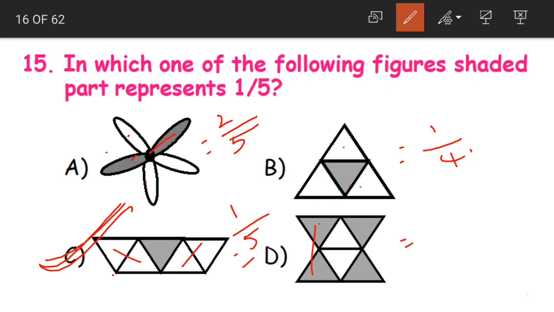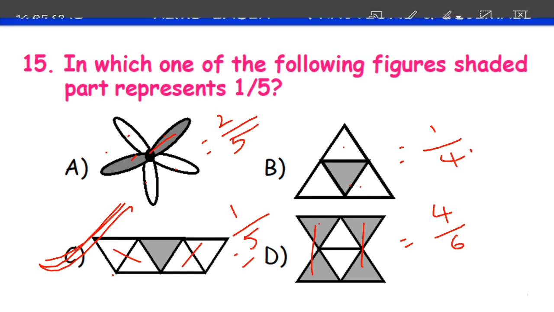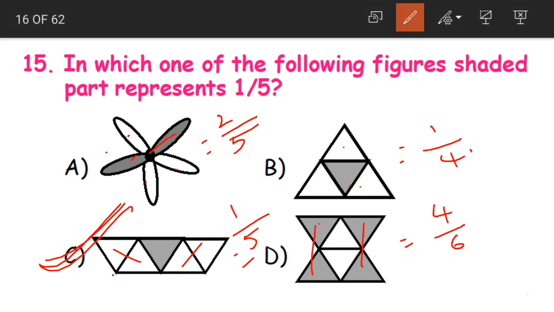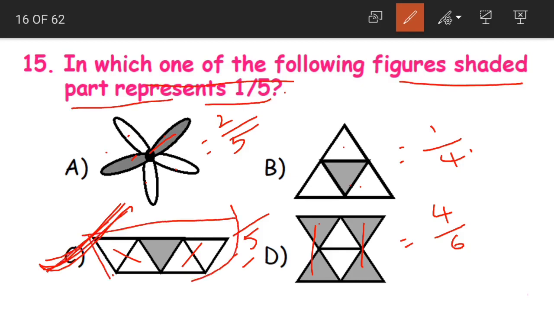And even if you want to look at option D, the fraction is 4 by 6. Which one of the following figures shaded part represents 1 by 5? Option C. The figure in option C has the shaded part that represents 1 by 5. So option C becomes